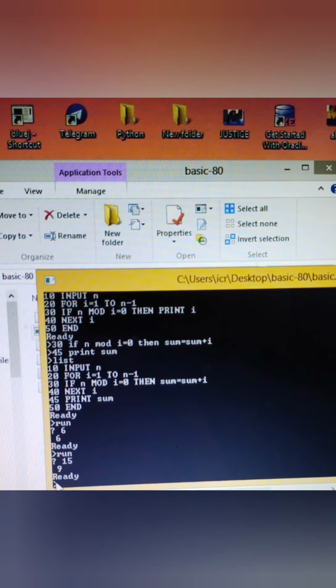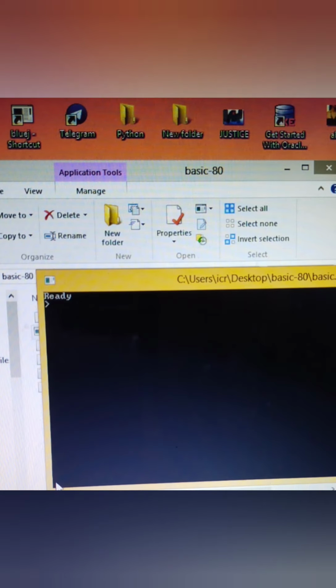Now suppose a question comes that we have to enter the selling price and the cost price for 20 products and find out the loss or the profit that has been incurred. So in that case what we are going to do, in maths people must have studied selling price and cost price and how to calculate the profit. The profit becomes available only when the selling price is greater than the cost price. But if the selling price is less than the cost price, then loss occurs. So let's see how do we do this.